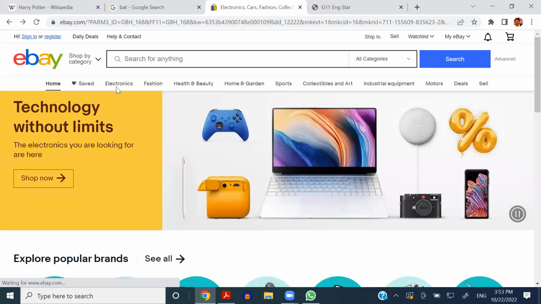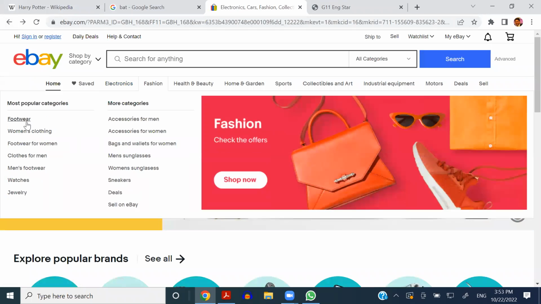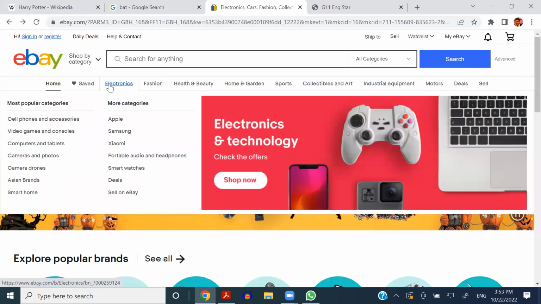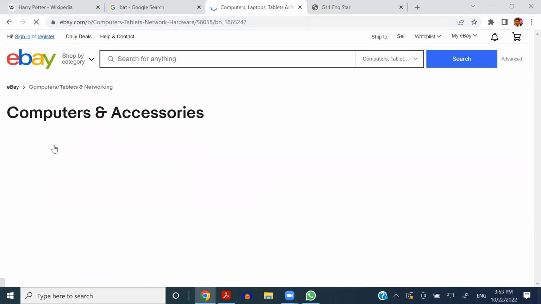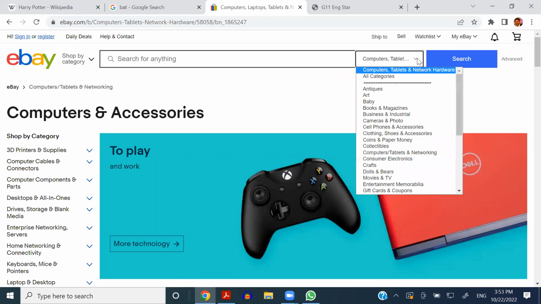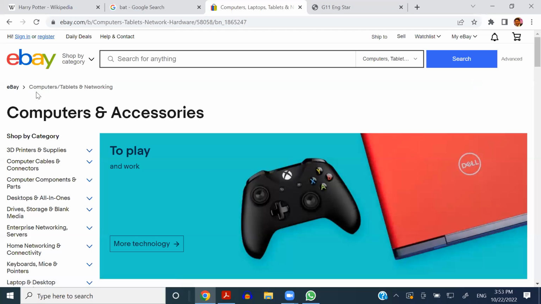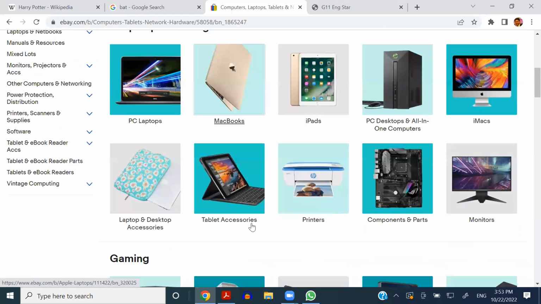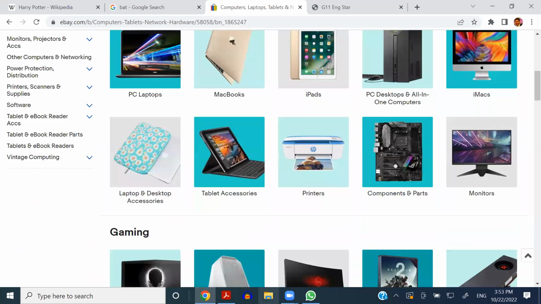Just hold on. And the electronics you got, right? So if I choose computer and tablets, it will show me what are the things I have, right? Over here. So it gives me the idea that I'm right over here, like from the categories, it's computer, tablets, and network hardware that I have chosen, right? And from here also, it says what is the place that you are in now? So this is what you call site mapping, right? It indicates what is the place that you are in the particular website,